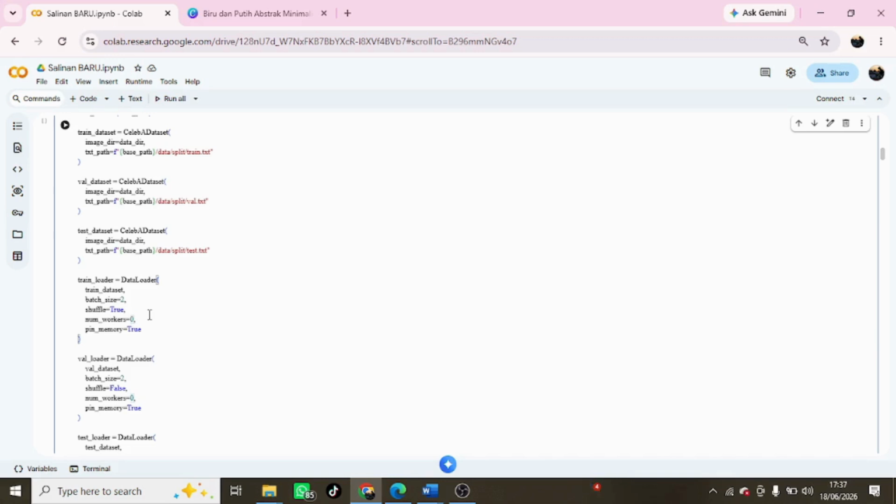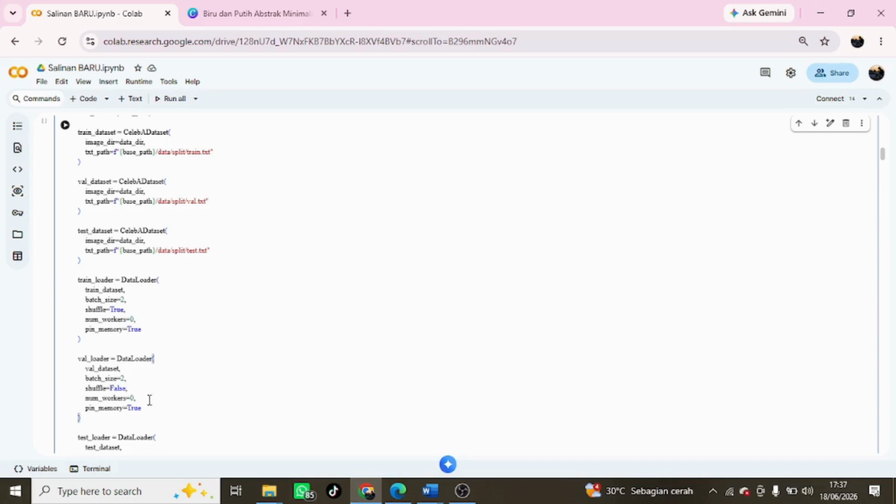For the training data, the parameter shuffle equals true is used to randomize the data order in each epoch. This randomization aims to improve the model's generalization ability and reduce the likelihood that the model will memorize a specific data sequence. Meanwhile, for the validation and testing data, shuffle equals false is used because the data order does not affect the model evaluation process.